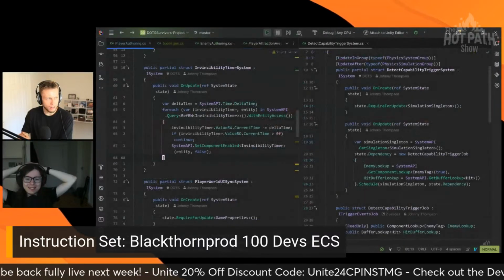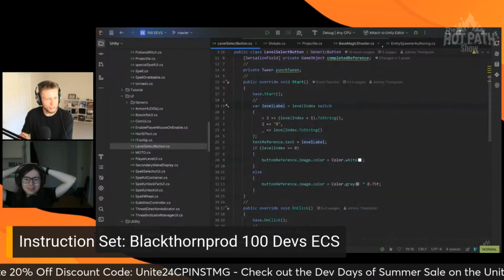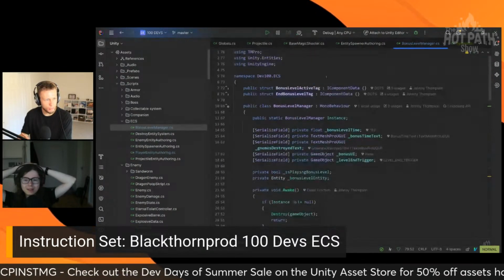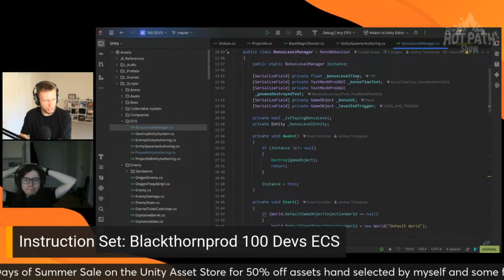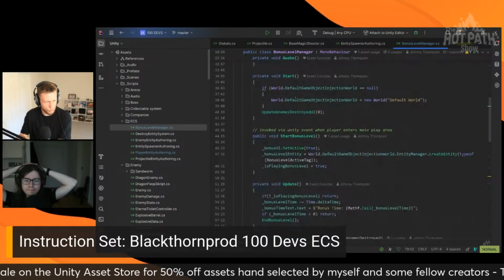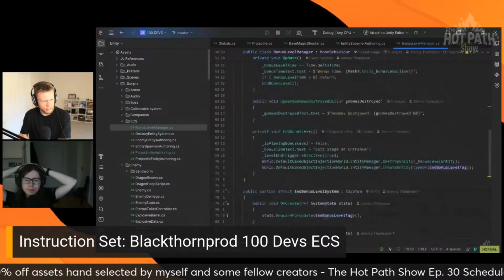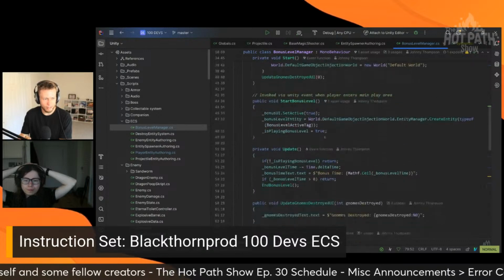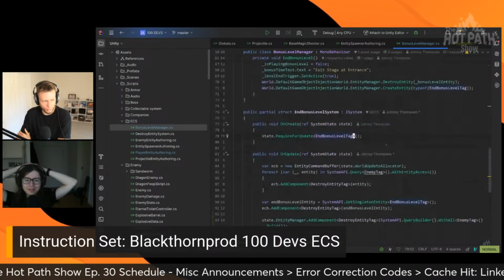Although, yeah, I was mildly kind to them in the fact that the bonus level manager is a MonoBehaviour here. So this is where we can actually check, like here's where the bonus level UI stuff happens, and where I'm setting the number of gnomes destroyed. So, I mean, you could kind of tag off of this a little bit if you wanted to integrate with